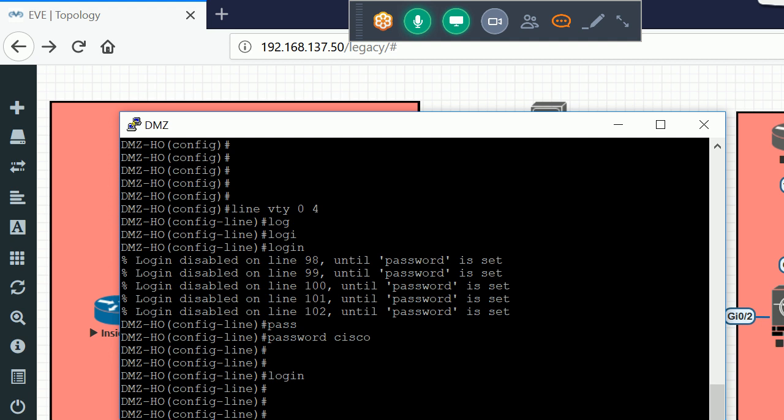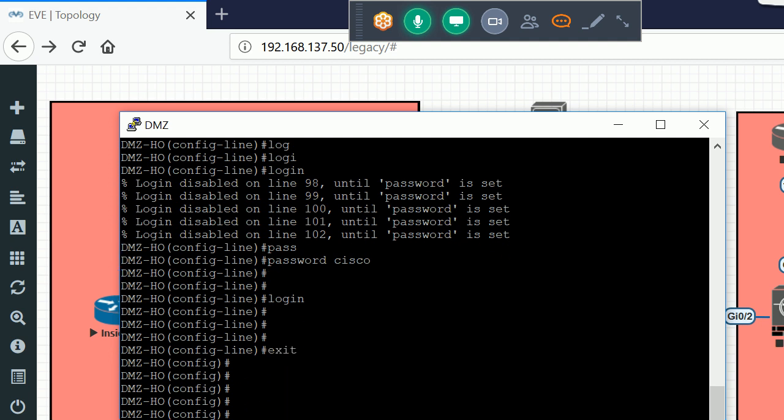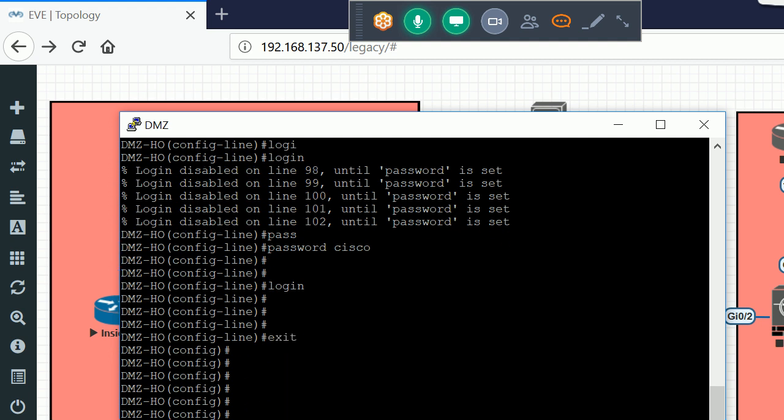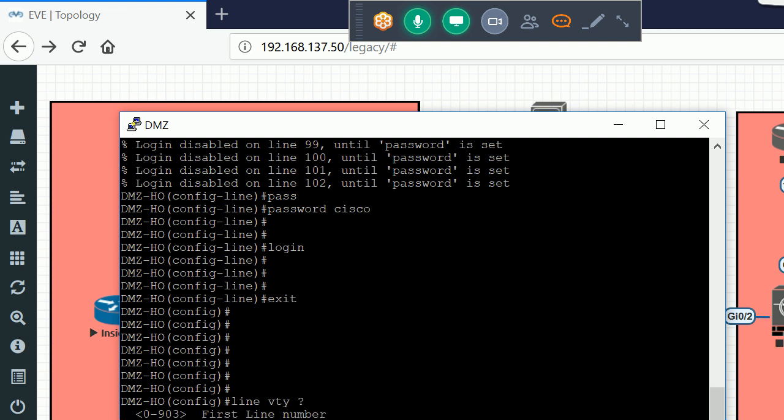Yes, we can use any. We basically have lots of vty lines. Let me check with show line vty: 0 to 903, that many lines we have. Generally I'll only open 4 lines. In production also we need to open around 4 or 5 lines. So when I use line vty 0 to 4, 5 lines are open.